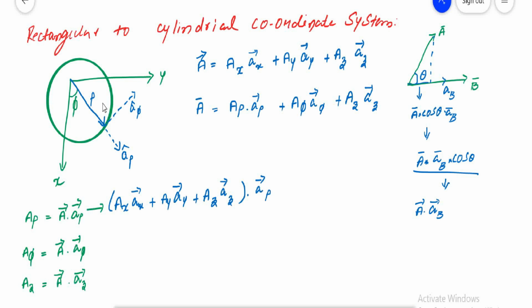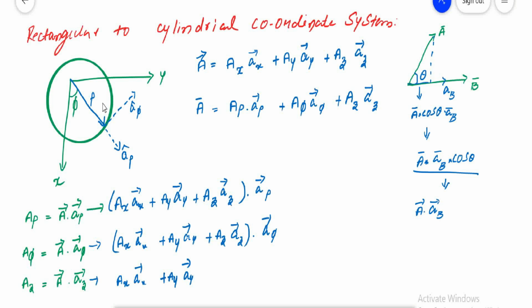And similarly here ax bar plus ay bar plus az bar, dot product with a phi. Next ax bar, ay bar, az bar, dot product with a z. So if you simplify this one,